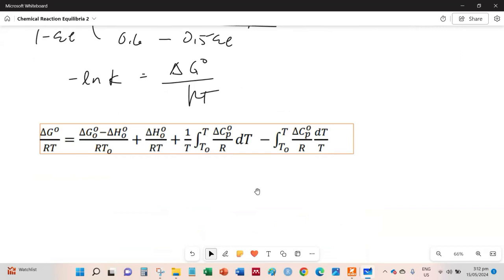So if we substitute the values, we also already have values for delta G naught and delta H naught. So these two terms we already know, and we don't know this one, but the problem is since you don't know the final temperature, this is not readily solvable. Okay, so this is T naught to T, but T is unknown, and this is the reason why we need to iterate.